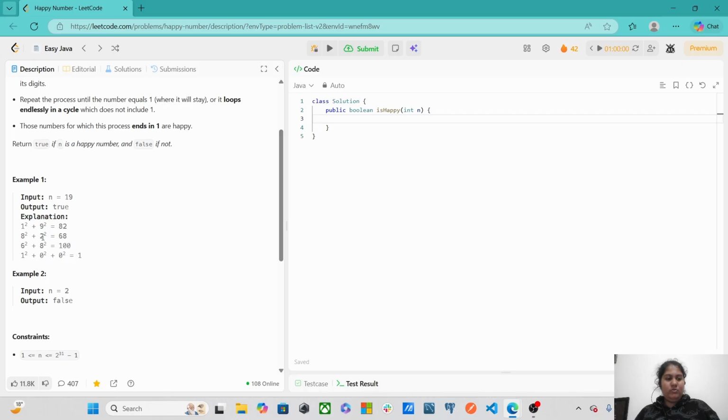Same with 82. If we square 8, it would be 64, and for 2 it would be 4. 64 plus 4 is 68. Again we'll square 6 and 8. So for 6 it is 36 and for 8 it is 64. If we add them, it is 100. And if we square each digit of 100, we'll get 1. So hence it is making it